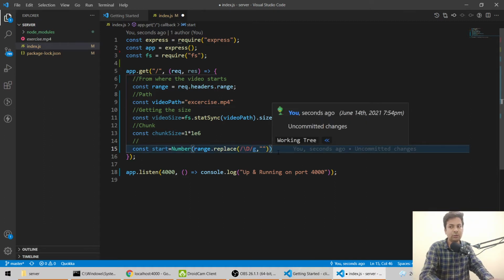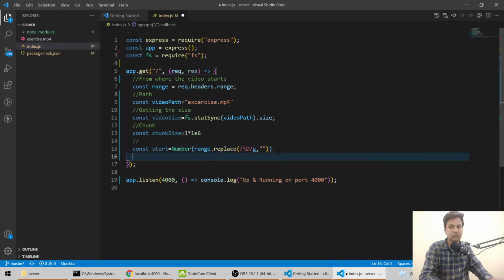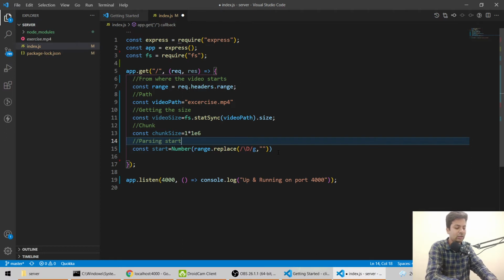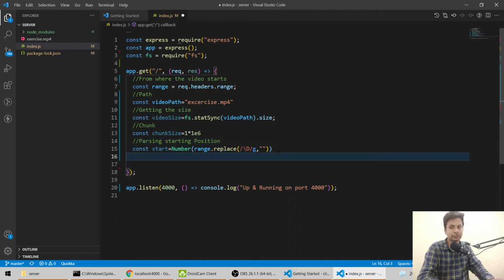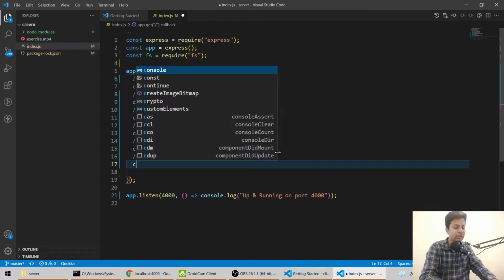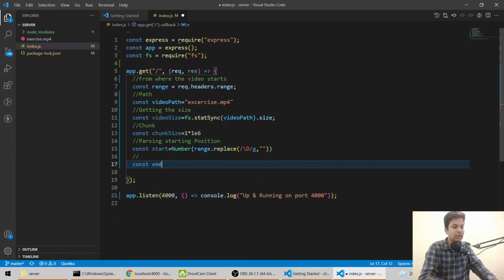Then we'll do parsing starting position. Okay, now we'll say ending position, like till when we have to send it. So we'll say const end equals to.